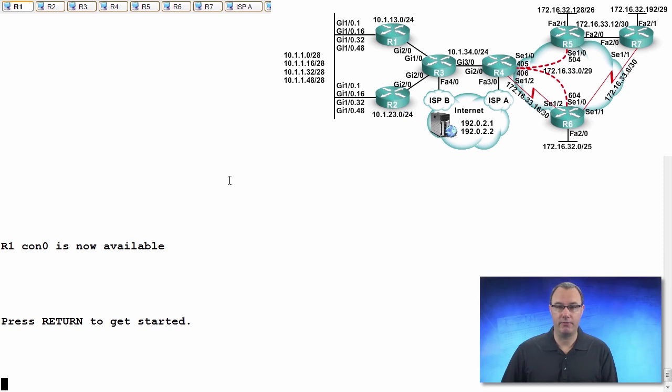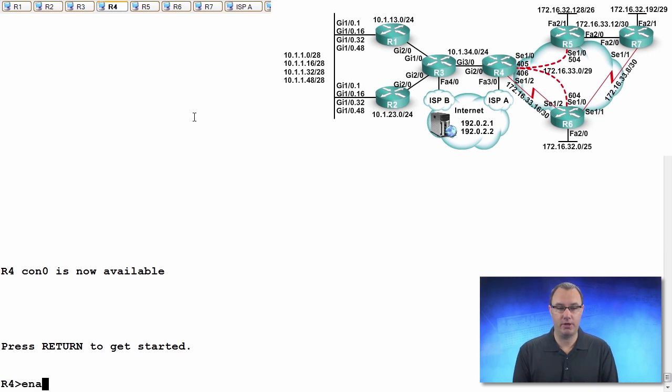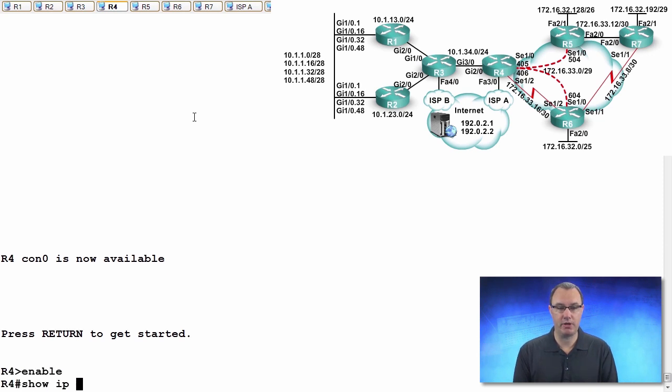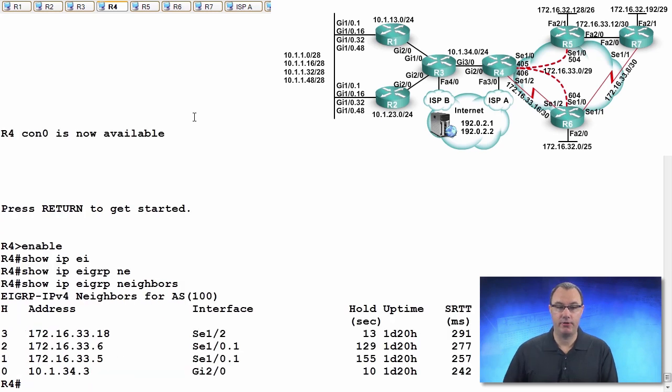So let's go to our environment, and this is the way that I would use this verification command. I would come in here, I do a show IP EIGRP neighbor, and R4 sees 4 different neighborships. And I would compare and contrast that with my topology, and I have one on gig 20, serial 1/0, and